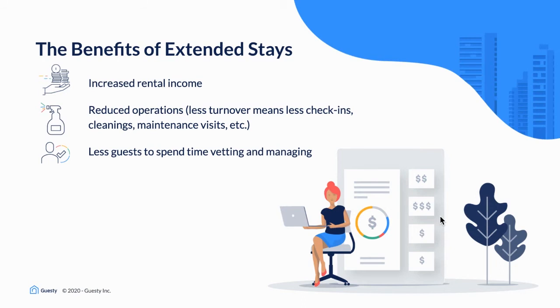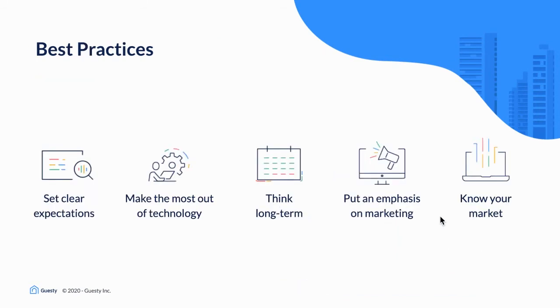So, if you want to rent out your properties for midterm stays, take note of the following best practices. So set clear expectations. When you're talking to potential renters, be upfront about expectations and availability. If you know you have upcoming bookings, let them know. That way they don't expect to be able to extend their stay. If you're hoping to get back into short-term rentals as soon as possible, this should be made clear